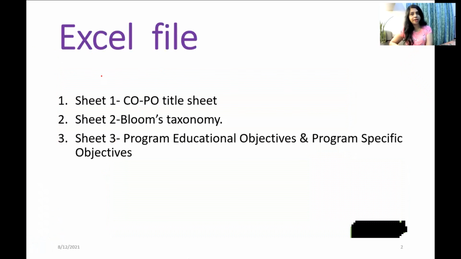In the Excel file, you will find sheet number 1 for the COPO title, that will be the COPO title sheet. Sheet number 2 will be the Bloom's taxonomy sheet, and sheet number 3 will be program educational objectives, that is program specific objectives. So I will show you this.